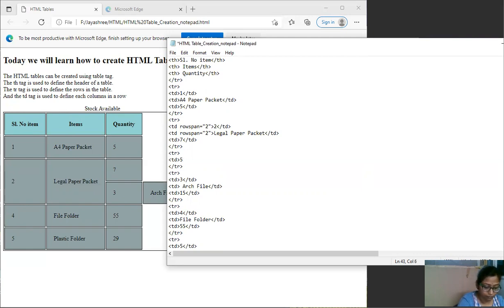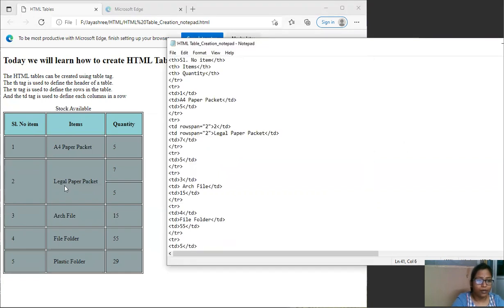Okay. Now let's see what we get. See, so I have two types of legal paper, one quantity 7, one quantity 5. Then another row is being created for art file. So what happened here actually? Nothing. Because I have extended this into 2 rows and I have extended legal paper into 2 rows, this third row will automatically take only this place. So this I have to identify in a third row. Okay. Then comes your fourth row. So basically this is first row, second row, third row, fourth row. That is why you have to write this one.